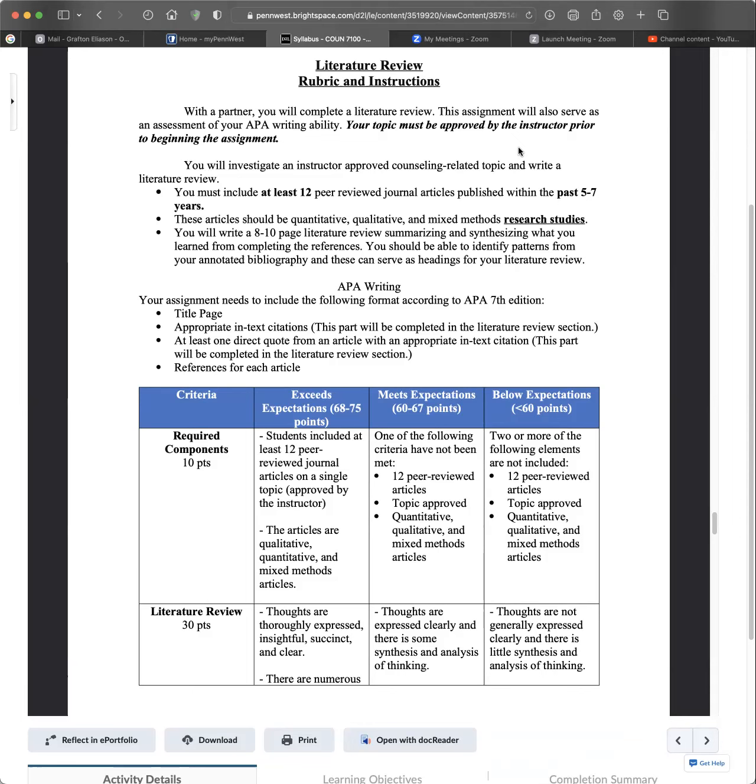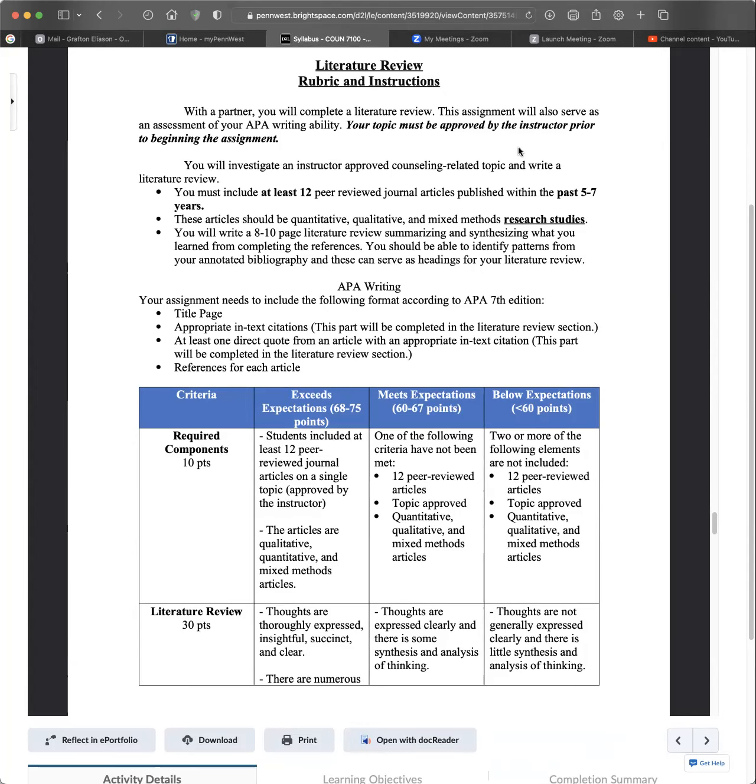So you will write an 8 to 10 page lit review summarizing and synthesizing what you learned from completing the references. You should be able to identify patterns from your annotated bibliography, and these can serve as headings for your lit review. Well, I just had you write a reference page. It did not have to be annotated, but you did write 1 or 2 article critiques. Okay, so when it says 8 to 10 pages,